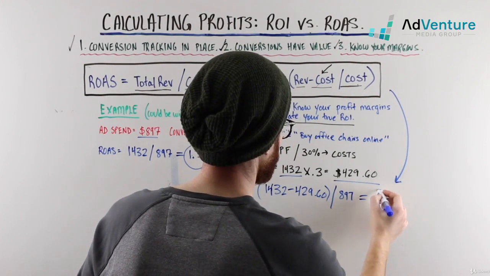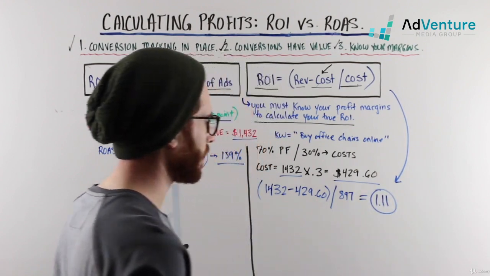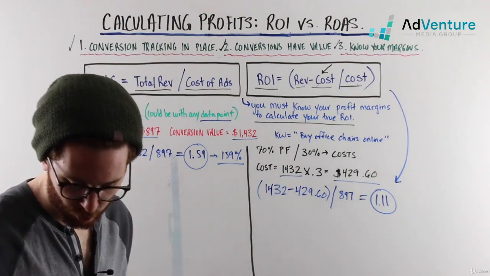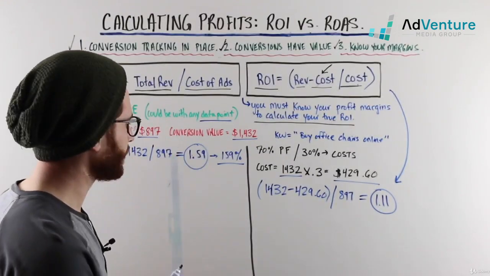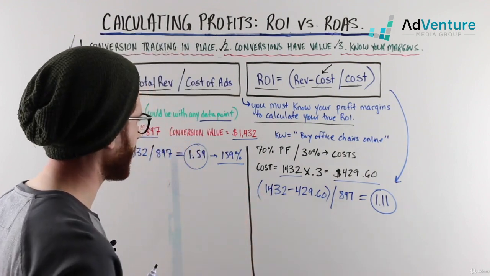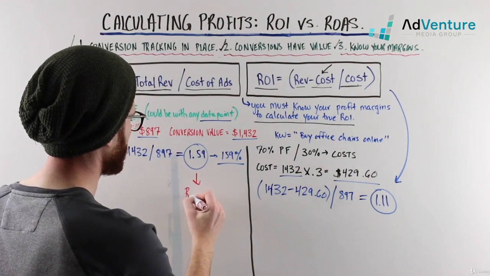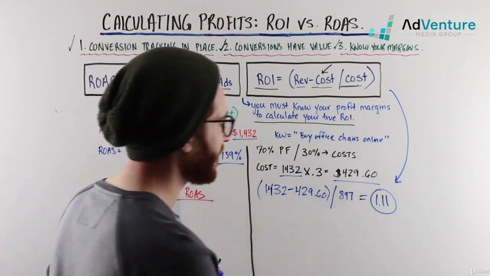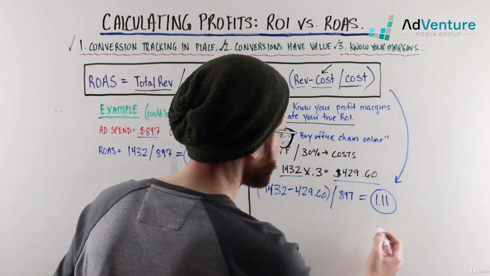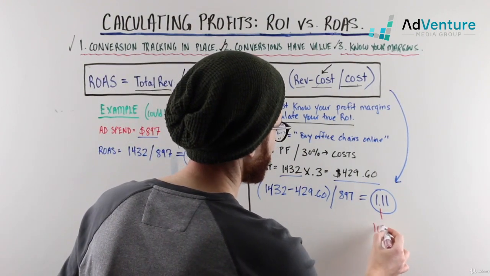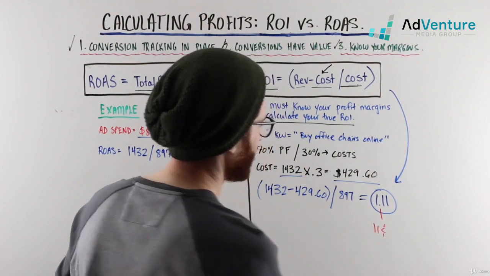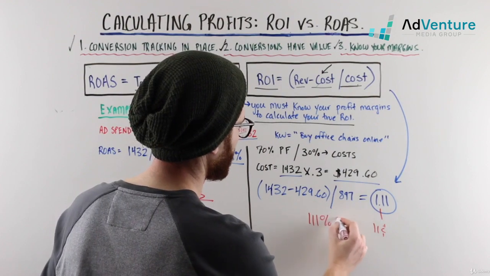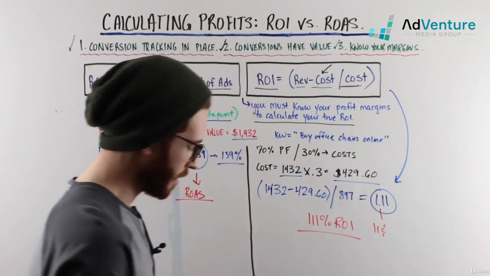Okay, this number is our ROI. Now, interestingly enough, and you would definitely have realized this just thinking about this number, 1.11 is lower than 1.59. So we have a ROAS of 1.59. We're saying, hey, listen, we're making 59 cents on every dollar, but once you take your costs into account, you're only making 11 cents on the dollar. You could also write it as 111% ROI, which is still good,